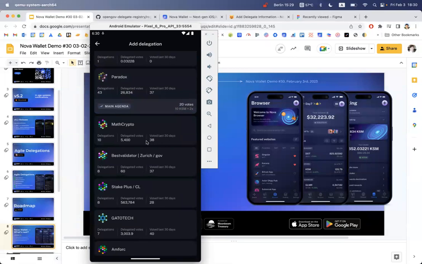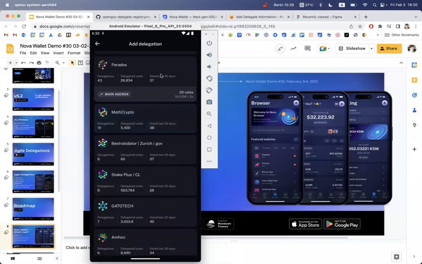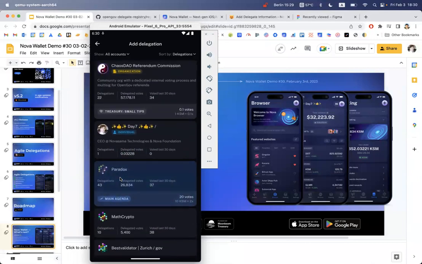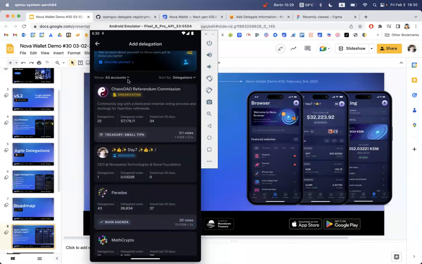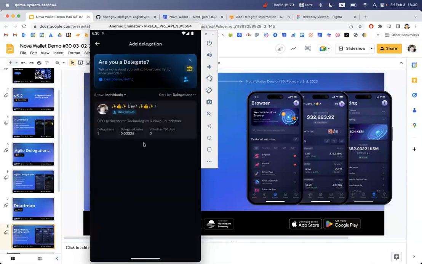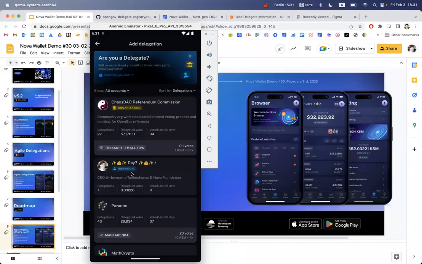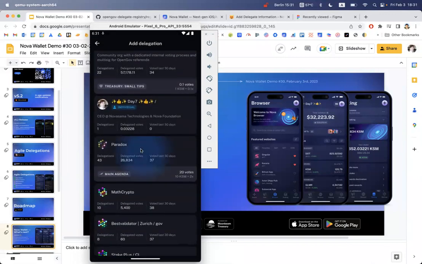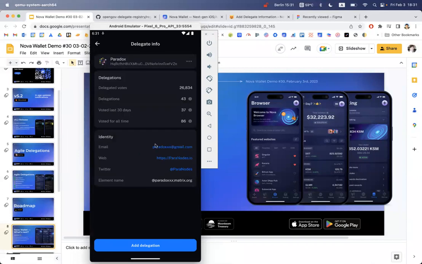So it really motivates people to tell more about themselves, so that all Nova users, and maybe other applications that will have this functionality as well, can see how they describe themselves. In any case, you can sort this list in a way you like. You can show only organizations, for example, or only individuals, if you're interested in it. And as soon as you go into the details of a certain delegate, let's open this gentleman,